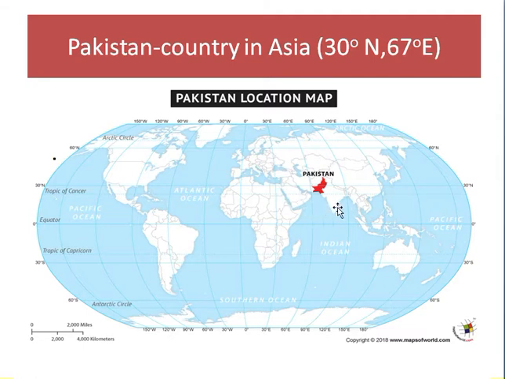If you can see here, and the exact location, it's not the exact location, it's approximately a location, 30° north and 67° east. Okay, this is eastern hemisphere, this is western, this one, the upper one is northern hemisphere, and the downward is southern hemisphere. Okay, so and these lines are denoted some degrees. Okay, we learned about two lines, remember, prime meridian and the equator.